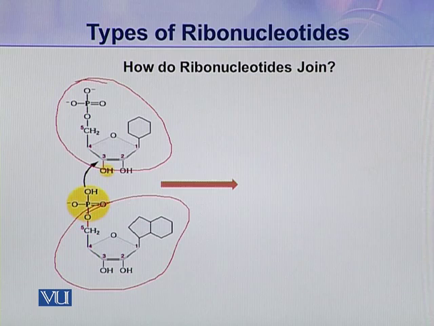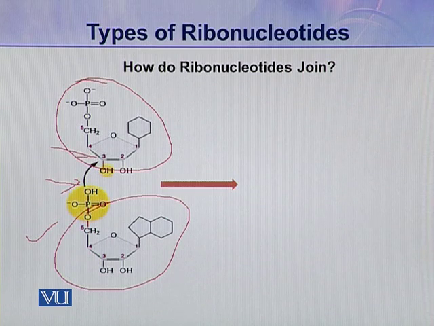In this ribonucleotide, one phosphoric acid is attached to its 5 carbon, and this attachment is through ester linkage. So the hydroxyl group present here in this phosphoric acid attacks the hydroxyl group present on the pentose of the next